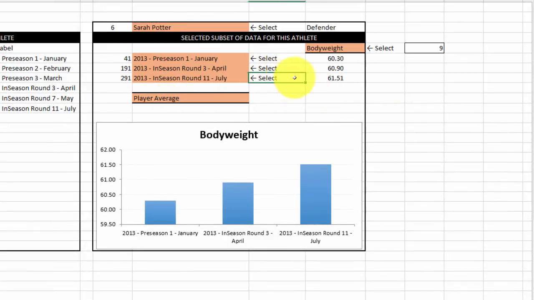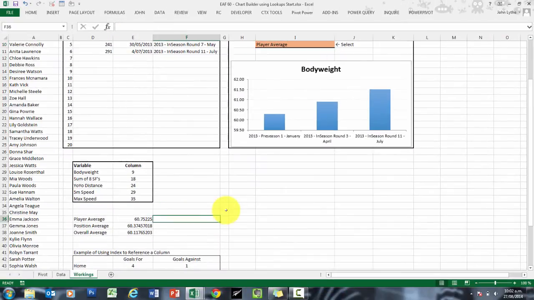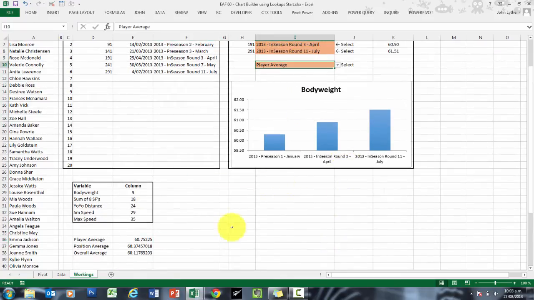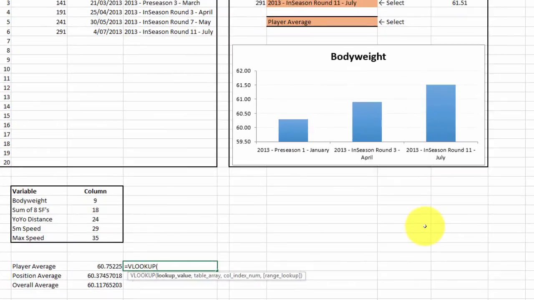Put some formatting on there. Let people know that they can select it. And maybe just down here next to it, I'll take advantage of our selection and create our data range that will end up applying to the chart. So we want to look up player average in this table,